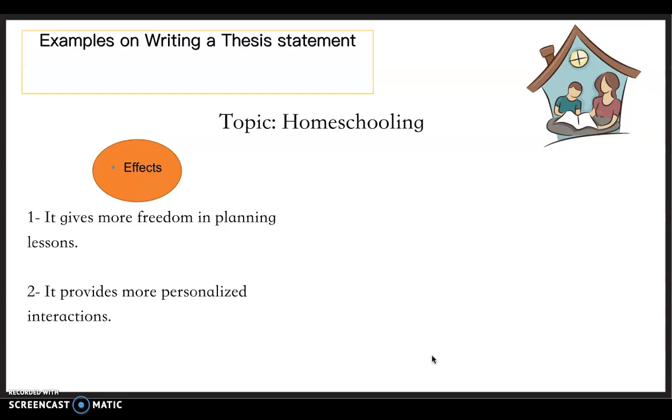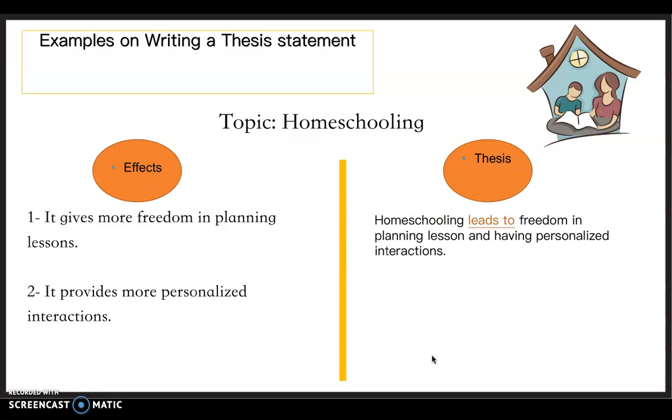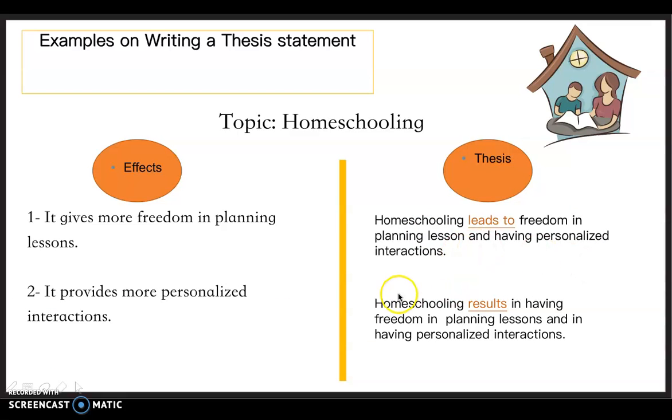So now I want to write my thesis. First, I want to focus on the topic, which is homeschooling. So my first thesis can be: homeschooling, which is the topic, leads to, as I said, you should mention a signal word, and then I inserted the first keyword, which is freedom in planning lessons, and the second keyword, having personalized interactions. Or I can say: homeschooling, topic, results in, signal word, having freedom in planning lessons, keyword,